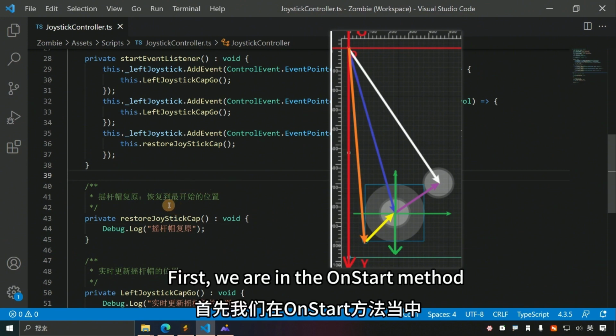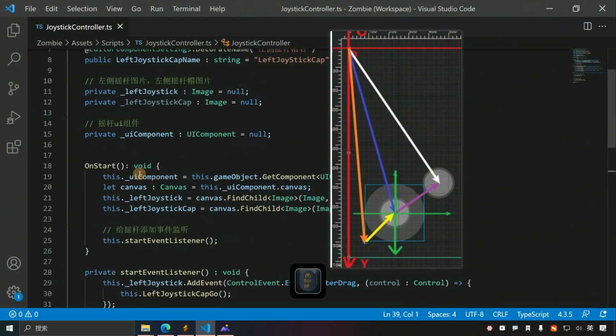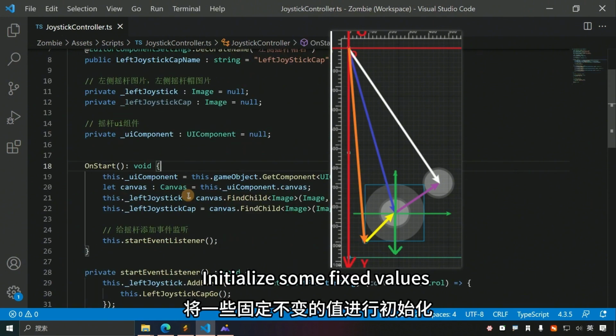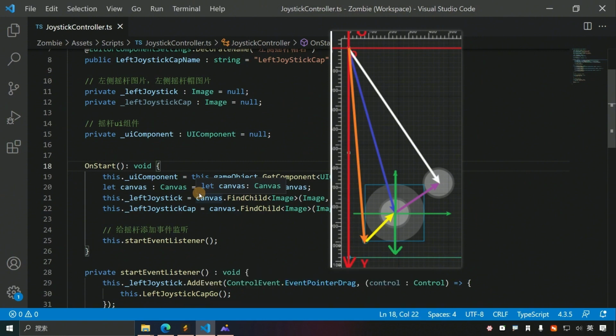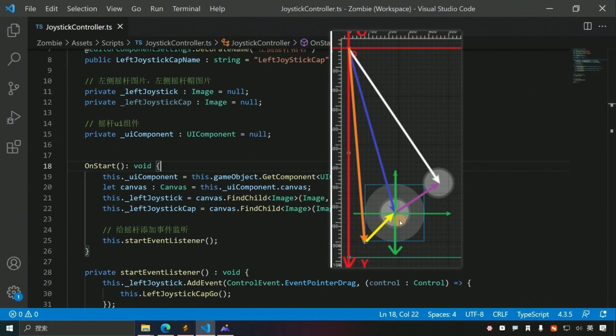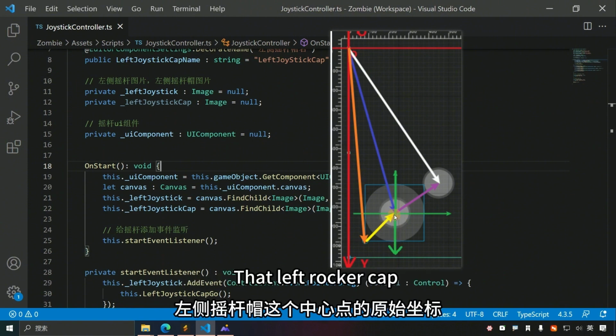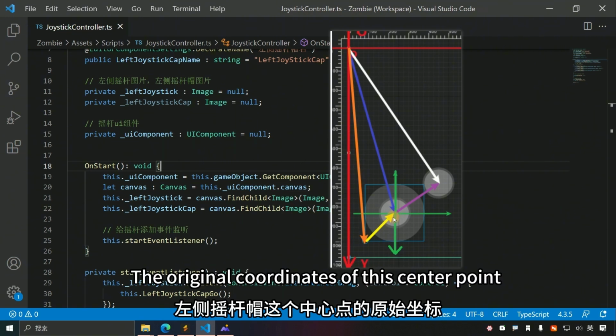First, in the onStart method, initialize some fixed values. For example, the radius of this joystick. It's fixed. And the center point of the left rocker cap. The original coordinates of this center point